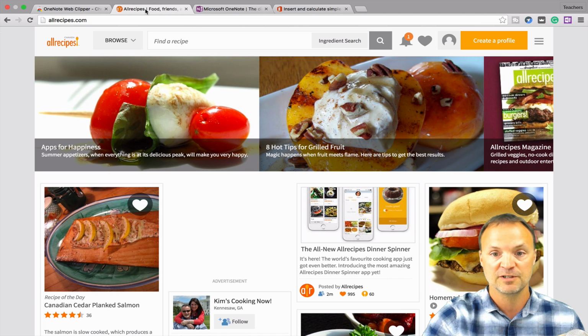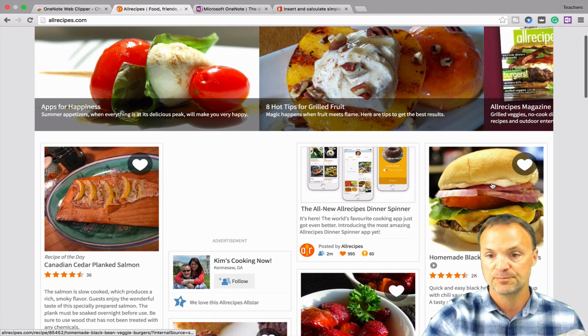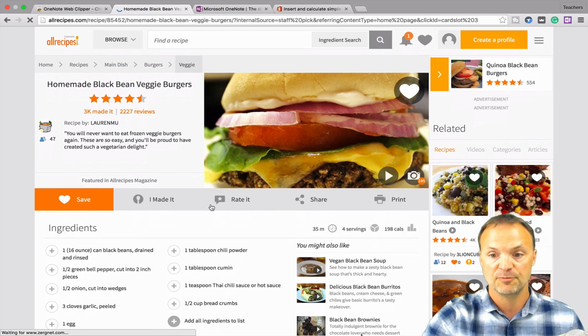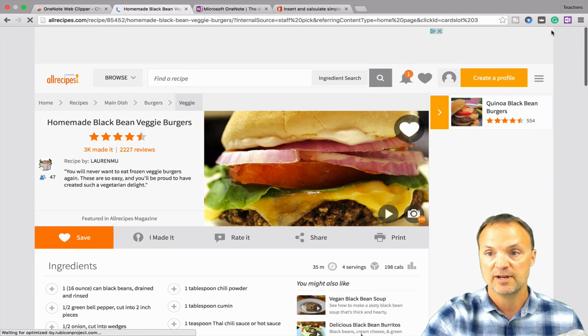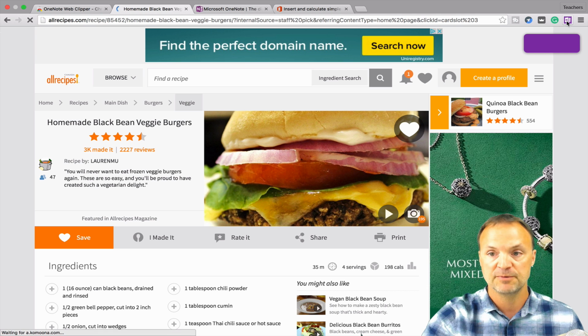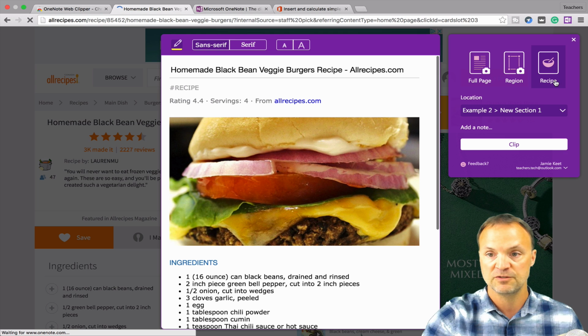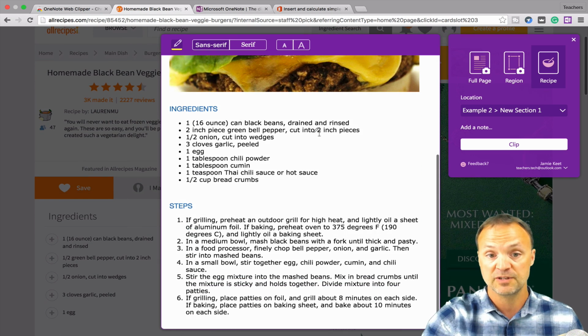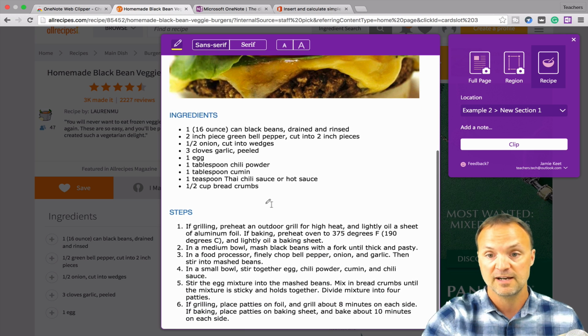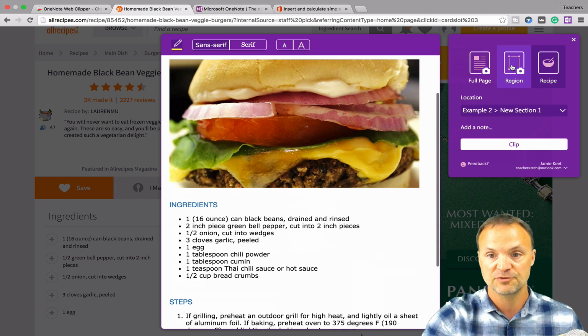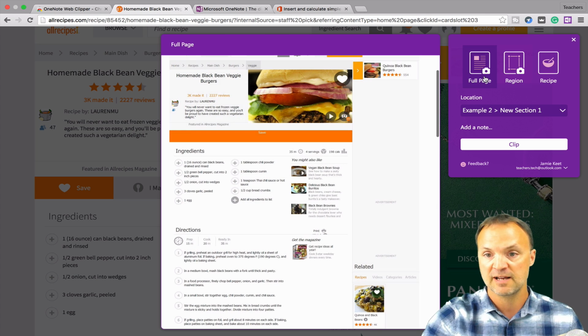Let's say if I go over to recipes here. Well, this burger looks pretty good here, so I'll click on this burger, and you can see it's a little bit more graphical and everything. So I click on my web clipper here, and I have my same options here. So it defaulted to just this one here, which I like actually, because it takes the text out in a very nice, easy to read format versus the full page here. I think this is a little bit easier to read,